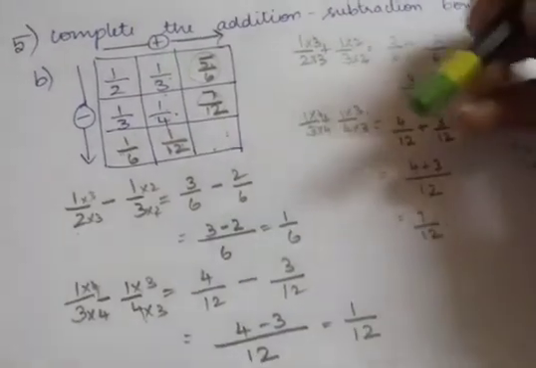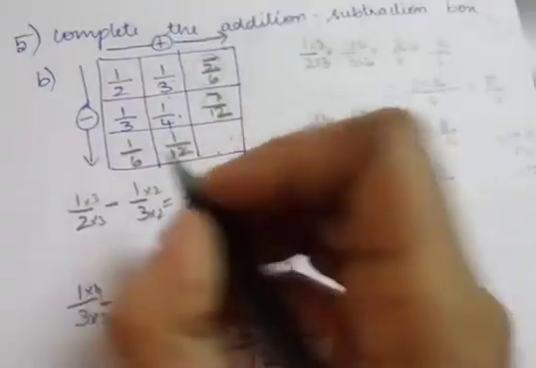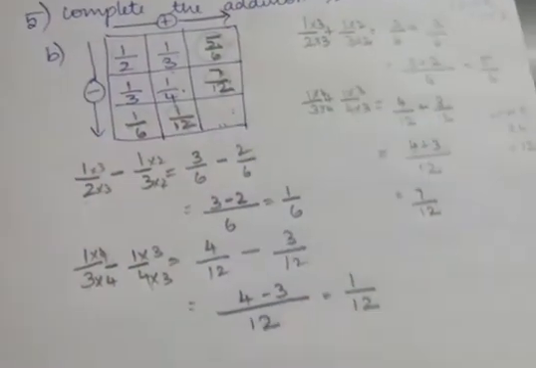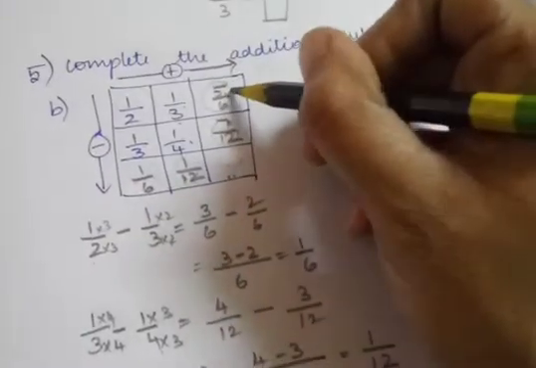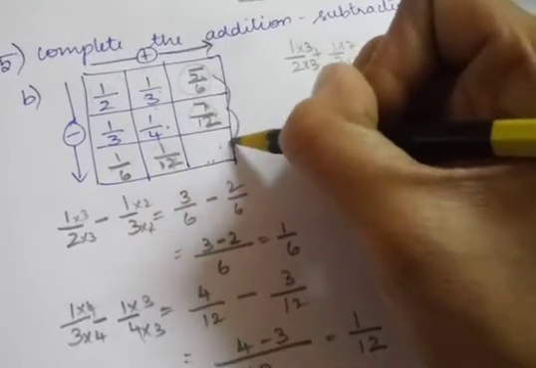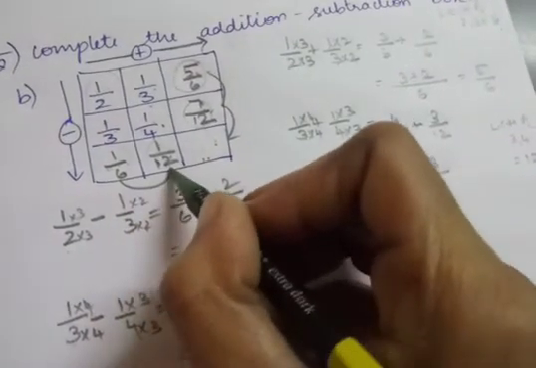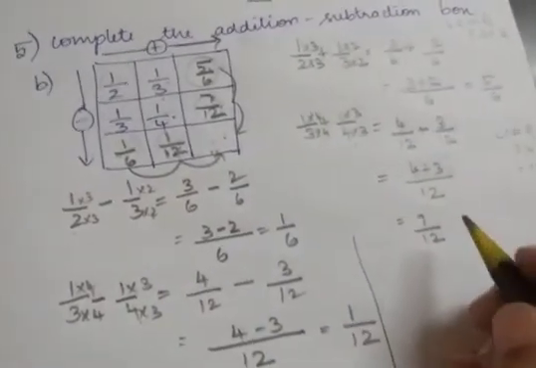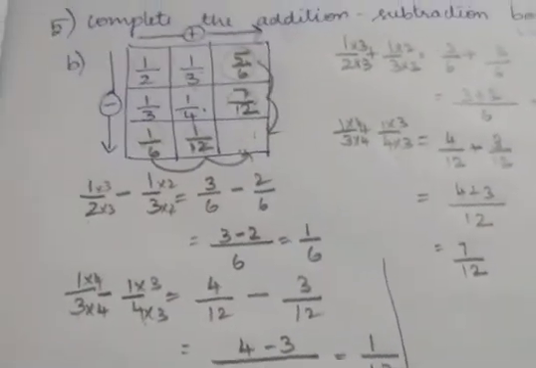Okay. Now if you want to find this, either you can add these two and find it, or you can subtract these two. Anything is possible, because if I subtract these two, I'll get the answer here. If I add these two, I will get the answer here. Both will be same. So shall we try it and see in both the ways? Yes.